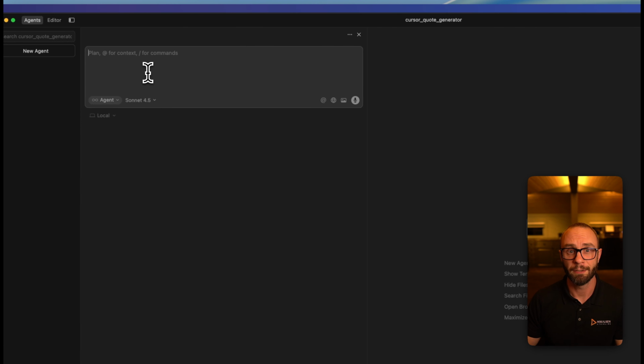All right, let's plan out our app. We'll build a simple quote generator. Here in the agent view, I'm going to start with a planning prompt. So I'm going to go here and press plan, and you can type or you can use the voice input if you prefer talking. And then you can come over here and you can see now while I'm talking, it can actually see the words show up inside the field here. And this is something that goes very quick instead of having to type everything.